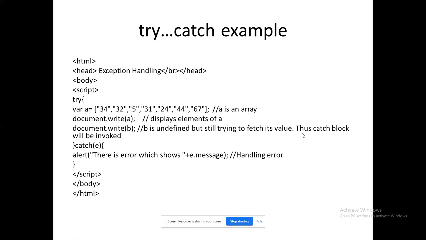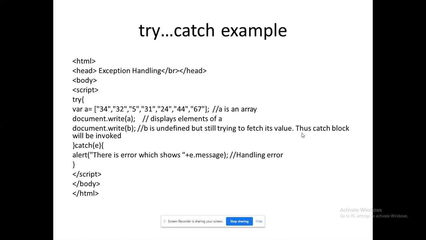So document.write of B will generate an exception. That exception will be caught by the catch block, and it will generate an alert. Alert means a message box will be generated with the corresponding message we have given.